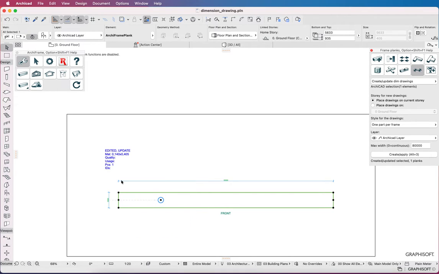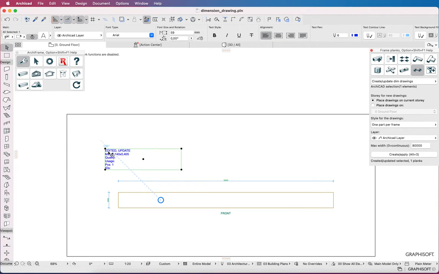But there are no dimensions for this drilling. Note the warning message inside the text. You have to update the drawing because the original plank was edited.